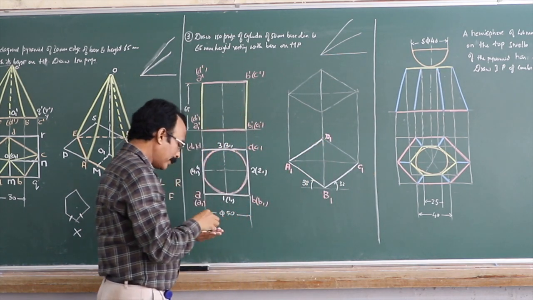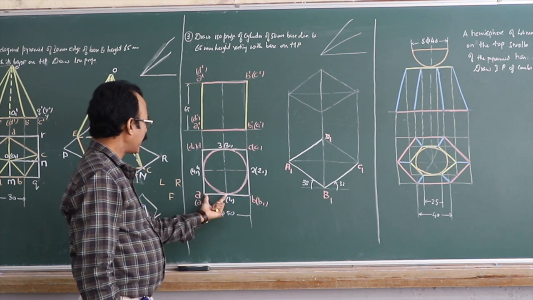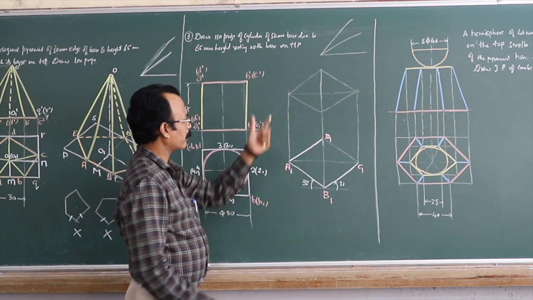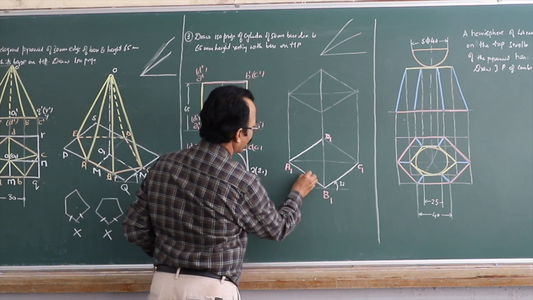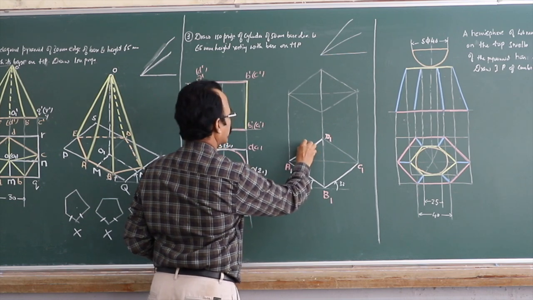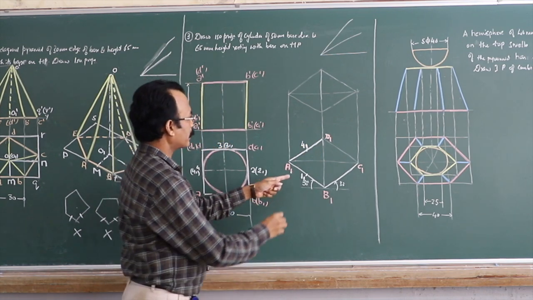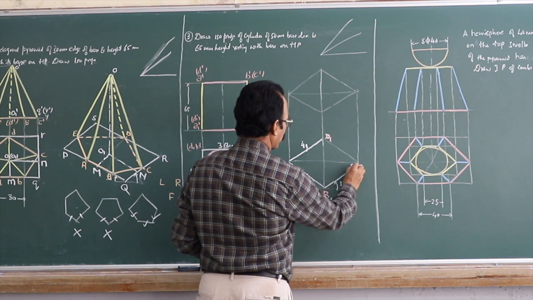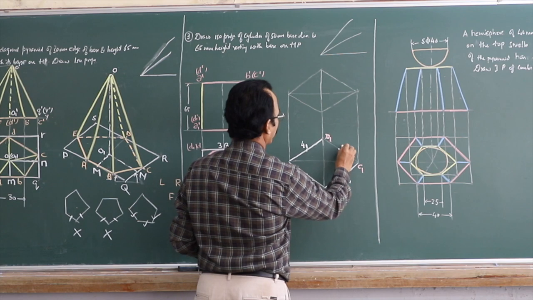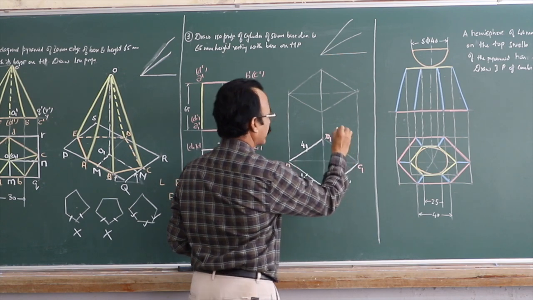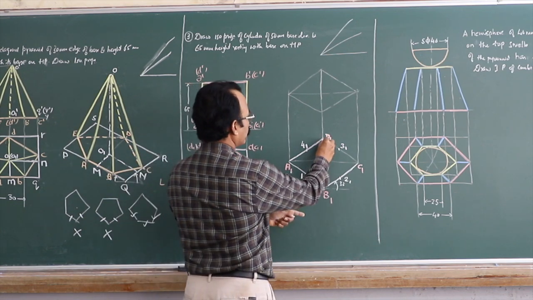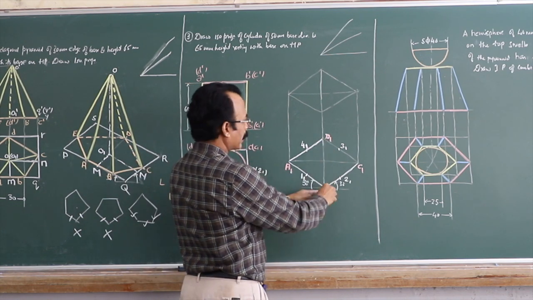D1. Then as I have told you, you take this distance A1, 1, 1, and get it converted. From here you mark the point 1, 1 and at the same time you can also finish 4, 1. Then same way you repeat it here. From C1 you can mark this point 2, 1 and you can mark this point 3, 1 here. Right? Then as I have explained in the previous class, you take the shortest diagonal.